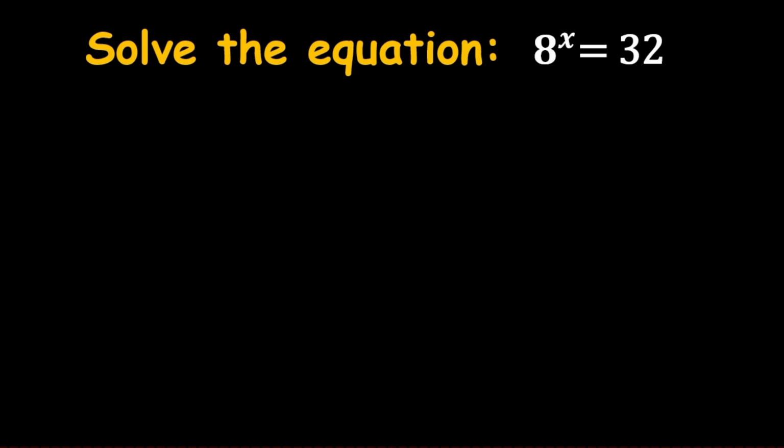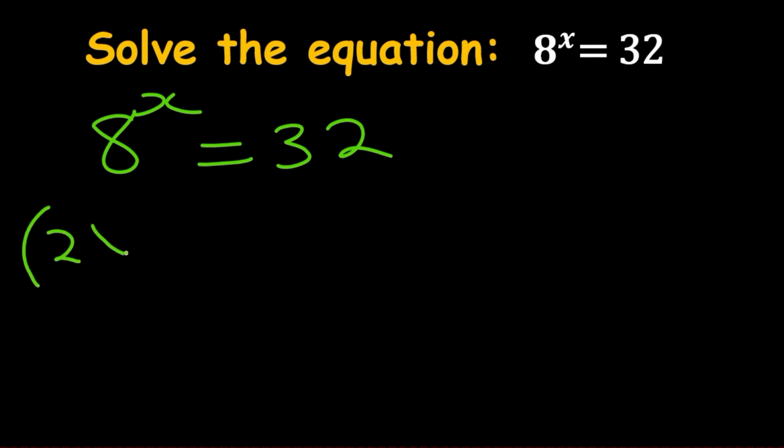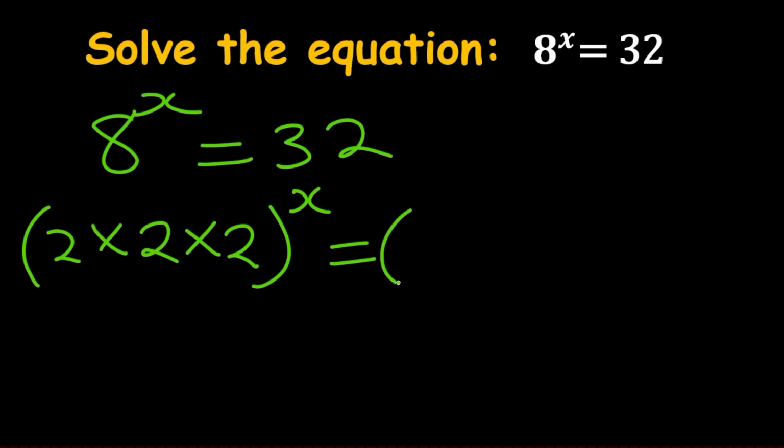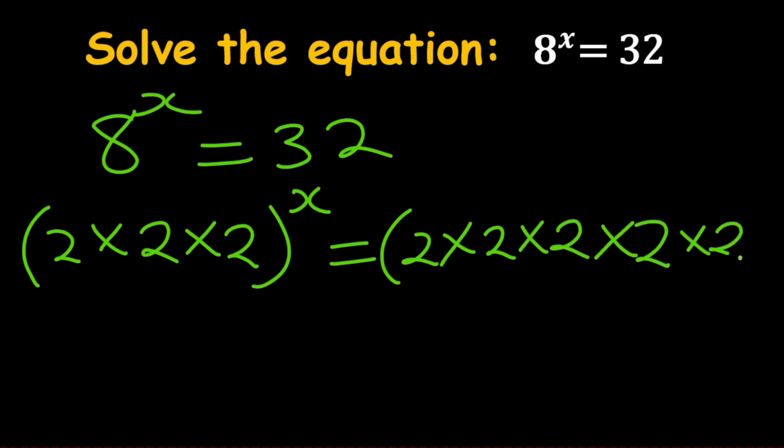Let's solve the equation. 8 raised to the power x is equal to 32. Let's expand. 8 can be written as 2 times 2 times 2, all raised to the power x, to be equal to 32, which can also be written as 2 times 2 times 2 times 2 times 2,